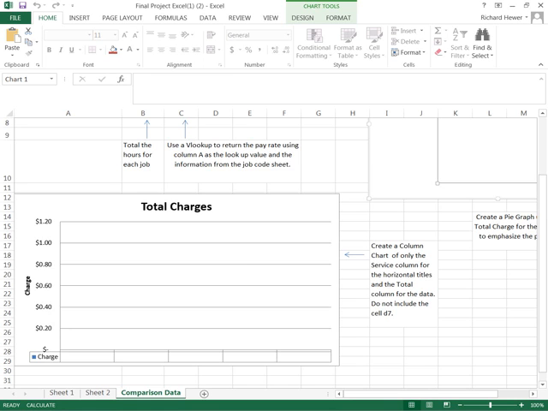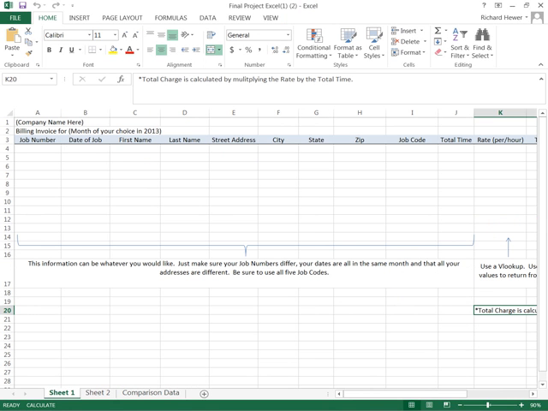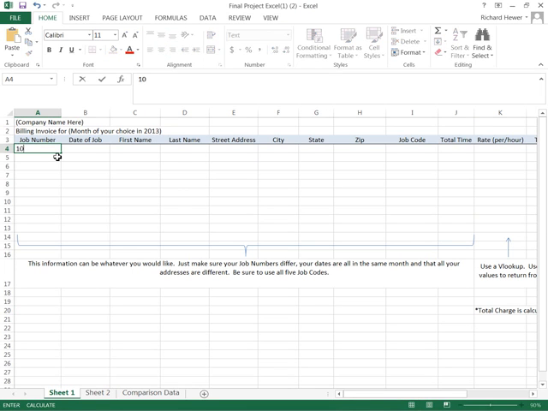So now we'll go back to sheet 1, and what I'm going to do first here is just start a job number and a date. So you can create any job number you want. I'm going to go with 10101. And the date can be any date you want, but all of the dates must be in the same month. So what I'm going to do is put in here